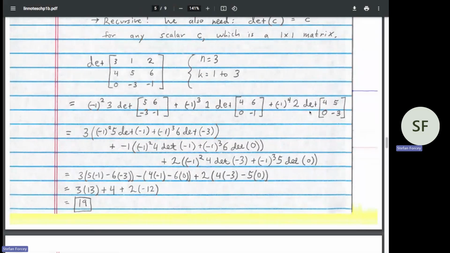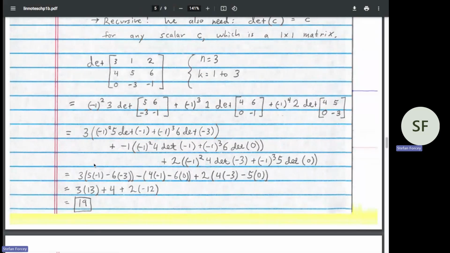Then finally, the determinant inside this last small matrix is negative 1 to the 4, which is positive. So I'll have 2 times the determinant, with negative 1 squared, 4 times the determinant of negative 3, and then negative 1 cubed times 5 times the determinant of 0. Now I'll go back through and replace all of the